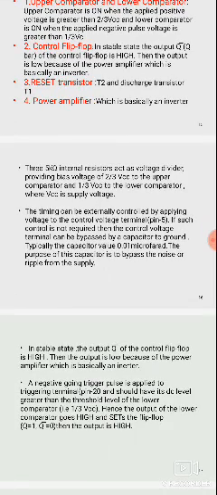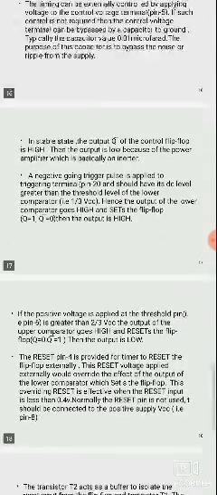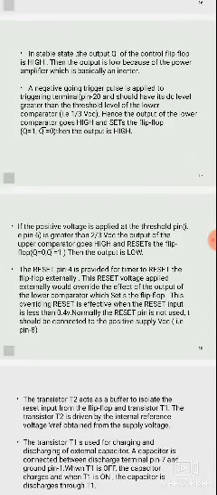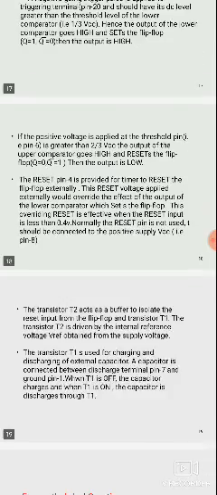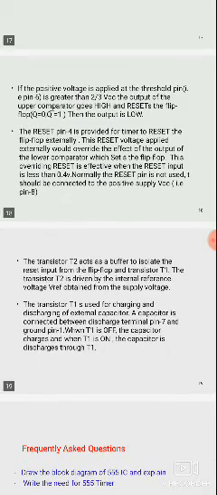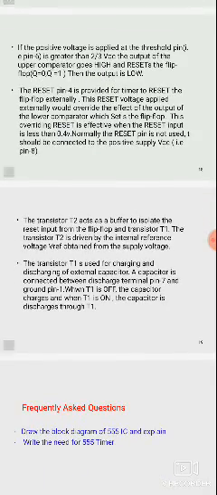Next, the stable state: Q bar is high and the output is low. Whenever the threshold voltage is greater than 2/3 VCC, the output is low and Q bar is high. When the triggering input is 1/3 VCC, the output is low and Q bar is equal to 0. So for 2/3 VCC, Q bar is 1; otherwise for 1/3 VCC, Q bar is equal to 0. The reset pin is used, along with the T1 and T2 transistors. T2 acts as a buffer amplifier. T1 is used for charging and discharging the capacitor.